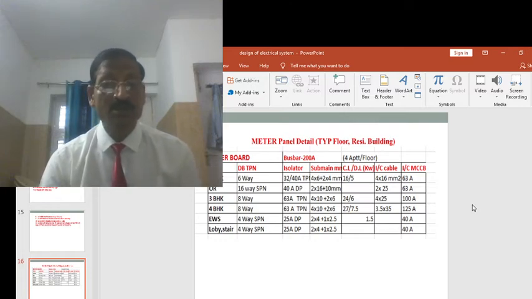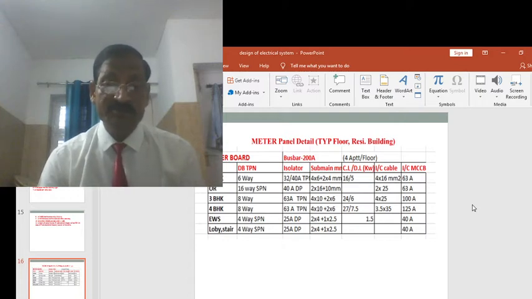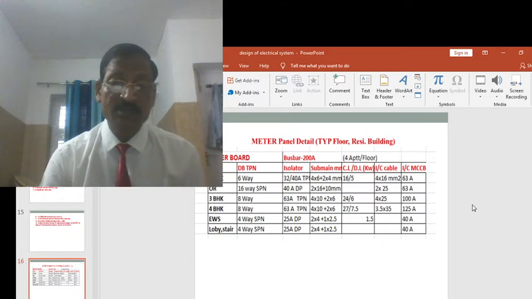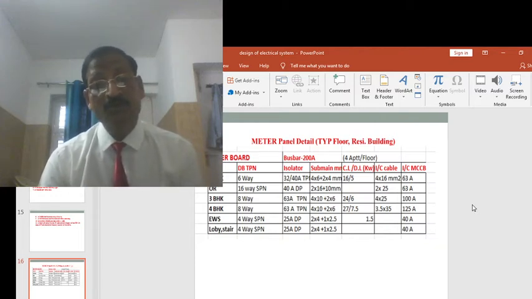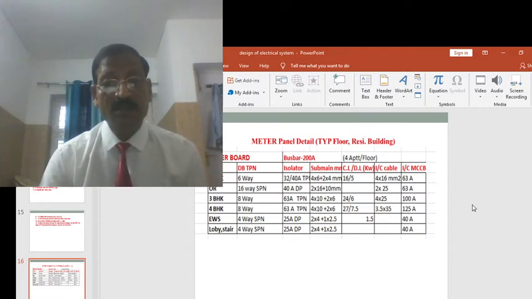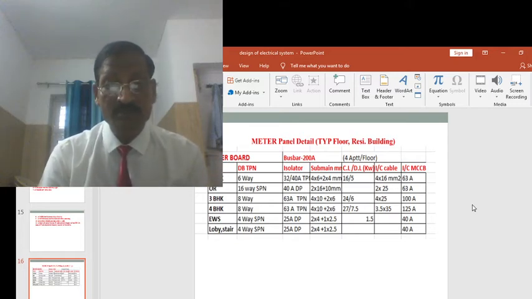For example, in case of a 2 BHK flat, DB will be 6-way type and isolator will be 32/40 ampere TPN. Size of the sub main will be 4 into 6 mm square and plus 2 into 4 mm square for earthing. Connected load is 16 kilowatt, demand load 5 kilowatt, incoming cable size is 4 into 16 mm square